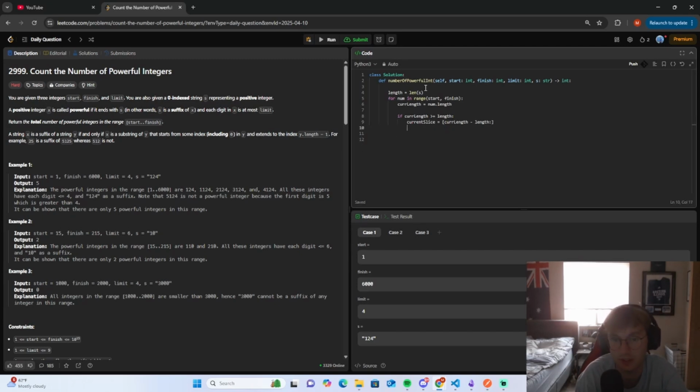Let's do, okay, we get that, right? Then we want to check, well, if current slice, once it never enters the if, it's never going to get a current slice. So